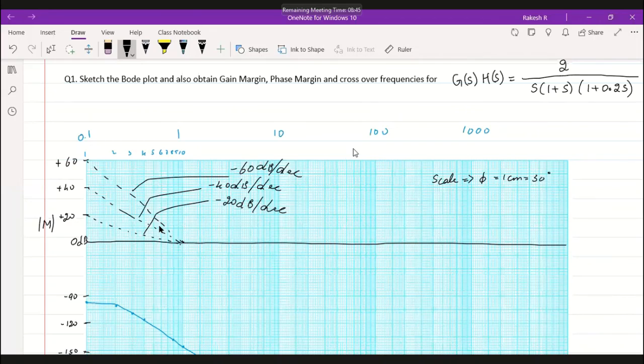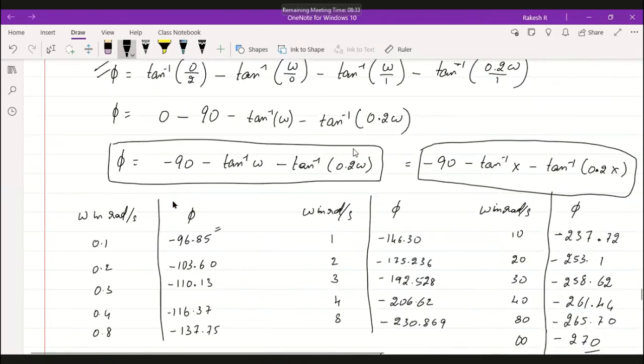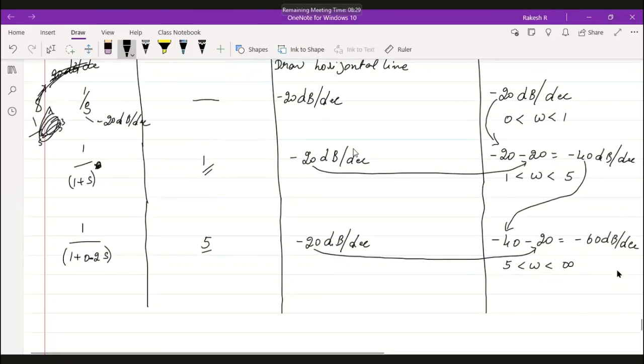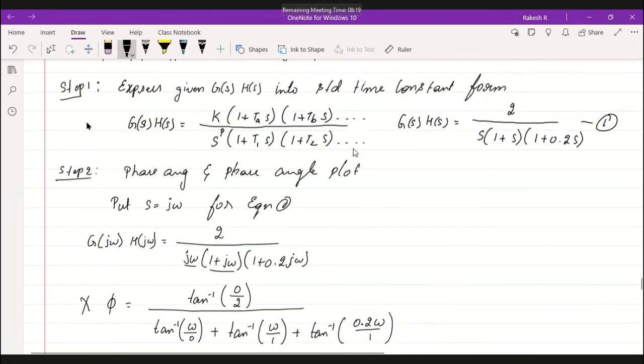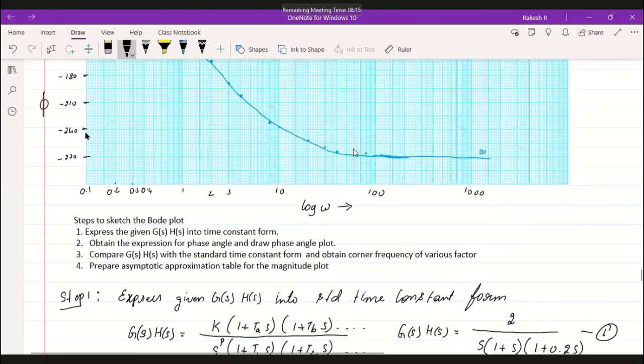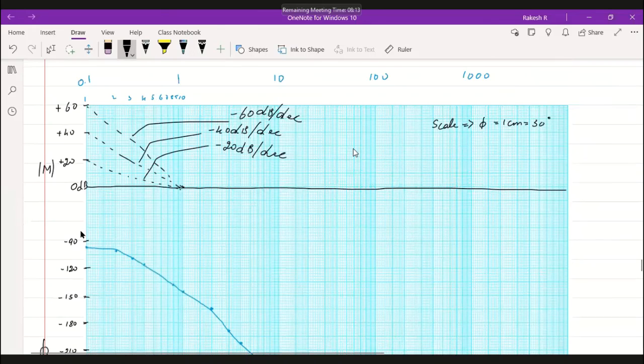Right? Sir, on which point on 0 dB shall the lines coincide? Anywhere. Just see here. At the end, how much did you get here? Highest we got is minus 60 dB per decade. So we need to take 3 divisions from there. You can leave one division here. From the bottom, you can take 60 dB, 40 dB, and 20 dB. At the end, you will be having 0 dB like that. You can take it like this. Got it?